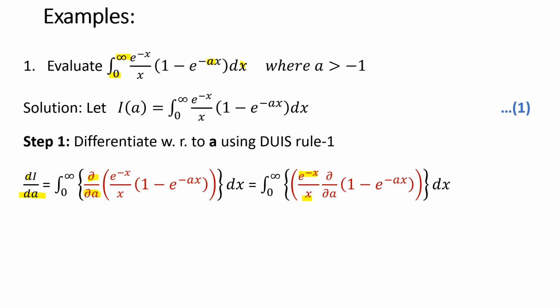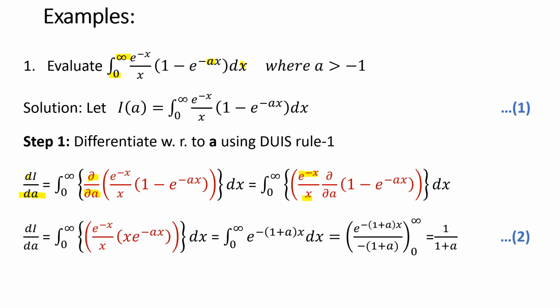Okay, so inside the bracket, we are left with 1 minus e raised to minus ax. Now the bracket closes, the curly bracket closes, and whole dx. Now again you have to differentiate only 1 minus e raised to minus ax. So here you have to keep this in mind: this del by del a shows that we differentiate with respect to a, but while keeping x as a constant. So just keep x as a constant and differentiate with respect to a.